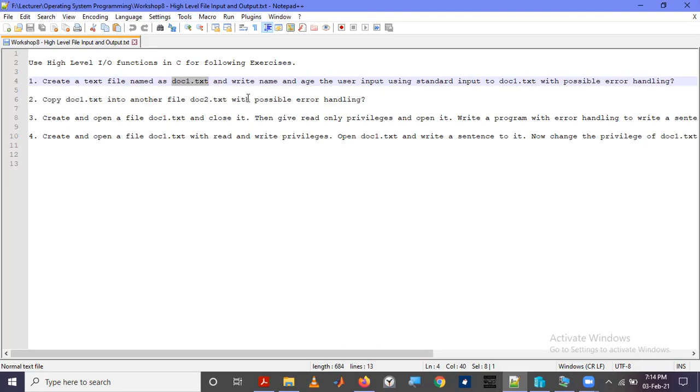We are not going to read from this file. But in the coming up examples, we have to even read from this file. So then we have to change the privileges. So because of that, I will open this as both read write, right? Both read write, and if the file does not exist, it will create.